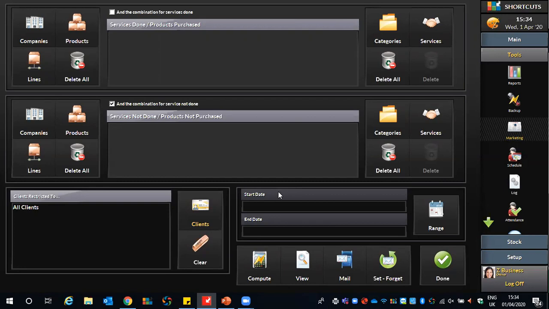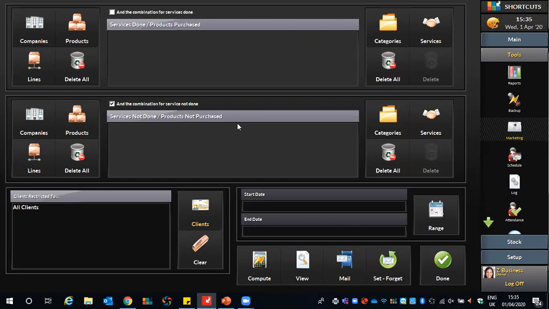So we need to target clients that have only had a certain appointment with us. And we can see that just here on the screen. So we can see we've had clients that have had services done or products purchased, and we can do exactly the same for retail. And underneath, we've got services not done / products not purchased. So let's say I wanted to target some clients that have maybe only ever had a blow dry, but they've never had a cut, or they've only ever had a cut and blow dry and never had color with us. We can be really specific, or if you wish to, we can be slightly broader. We could maybe say they've only seen us for styling services, but never color services.